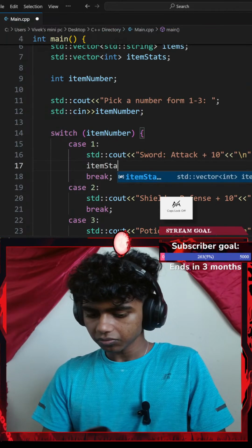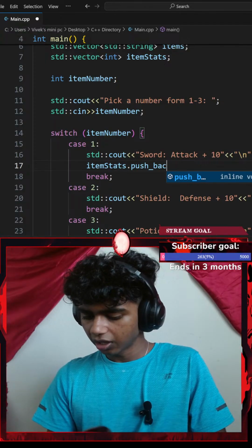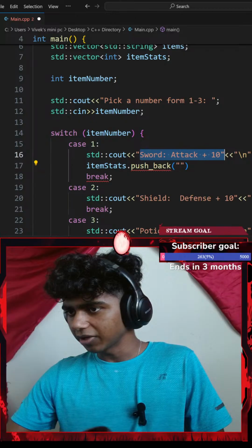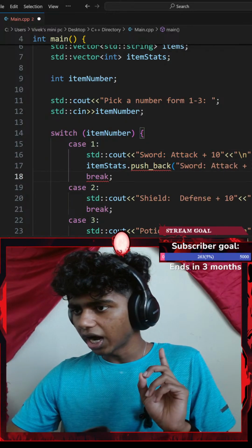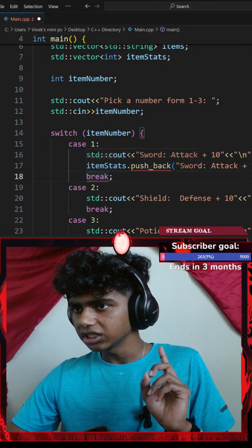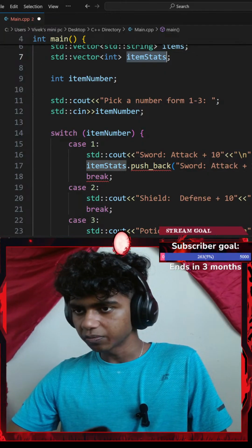stats dot the push underscore back function. I want to push back something. I want to push back this text. So let me copy that text, then paste it here. Okay, so item stats dot push back. Why can't I use push back? Did I spell it wrong? I'm pretty sure I spelled it correct.